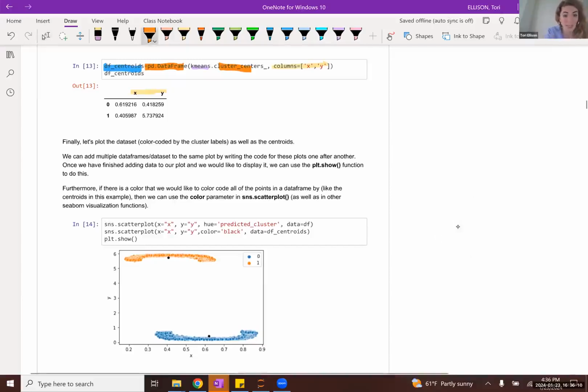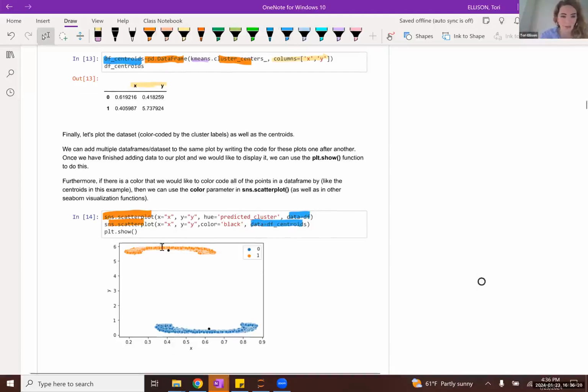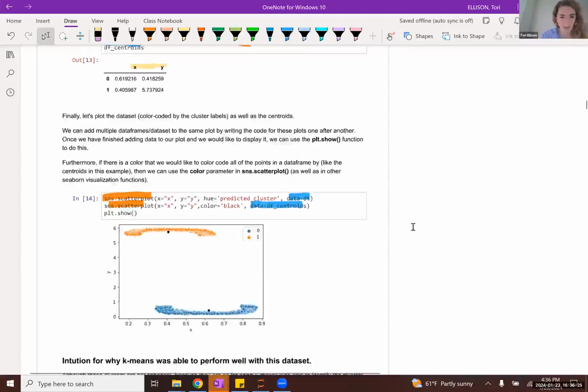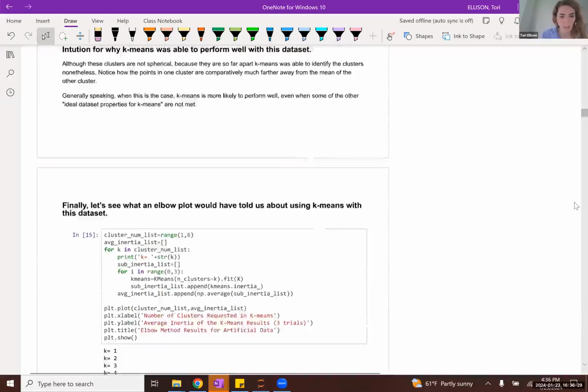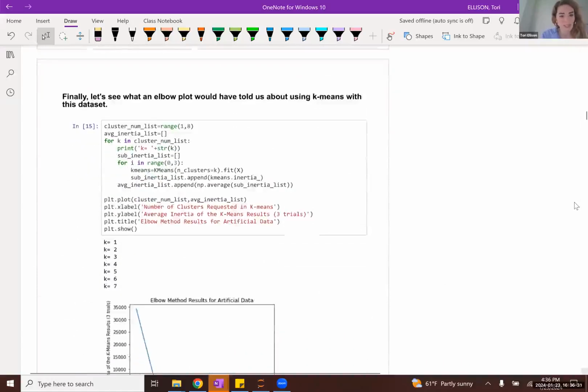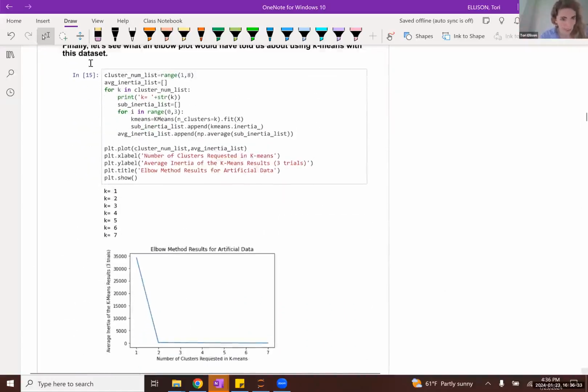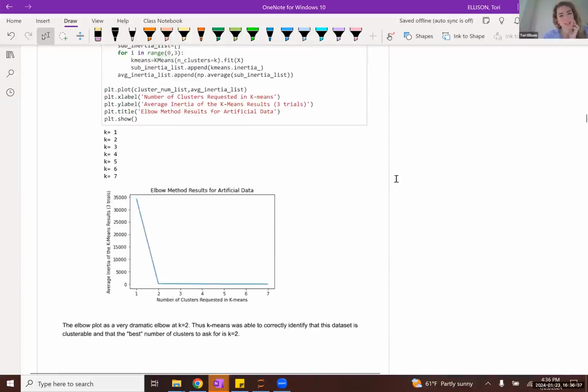By using the scatter plot function twice, first for the original data set, and secondly for the data set that contains the centroids, I can overlay the centroids for each of those two clusters that I found here. And furthermore, if I want to use the k-means elbow plot, we've already given the code for this elbow plot here, so we won't go through it again. But basically we can in fact see